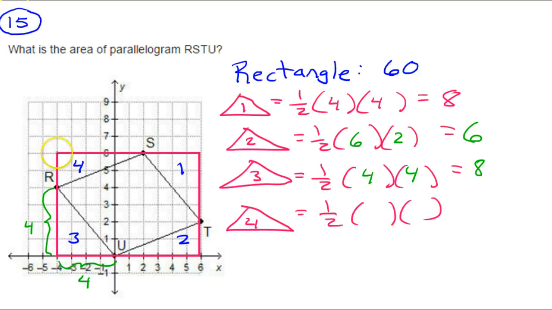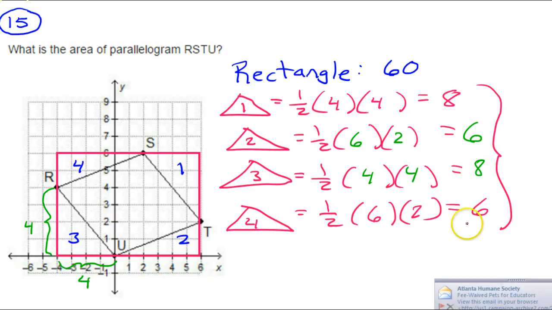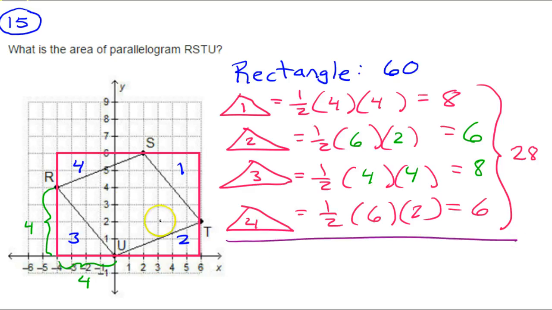Okay, so yeah, the base is 1, 2, 3, 4, 5, 6. The height is 2. Okay, so those are the same. So I've got my rectangle and I've got my triangles. Now let's go ahead and figure out the total of all these triangles. Okay, 8 plus 8 plus 6 plus 6. Alright, that is 28. That means that the parallelogram on the inside here